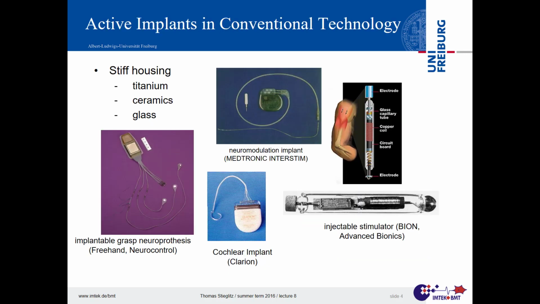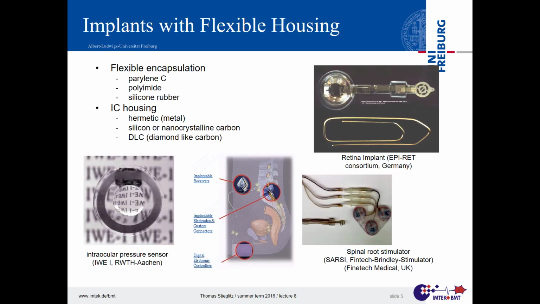This was all about watertight packages, and water and gas tight in technical terms is called hermetic. But it's stiff. A piece of titanium, a piece of ceramic is really stiff. And people say, well, the body is not that stiff, the body is more flexible, our eye, our muscles, our nerves, that's more like, well, not jelly, but not as hard as ceramics. Can't we make a flexible transition there? And a lot of persons